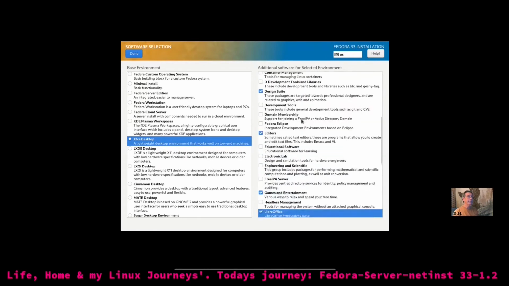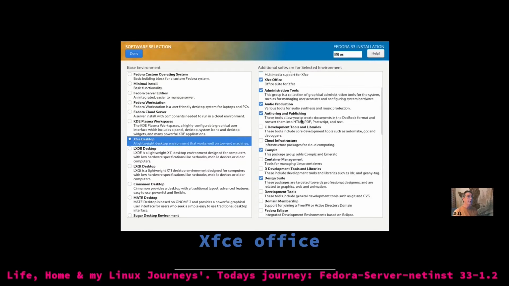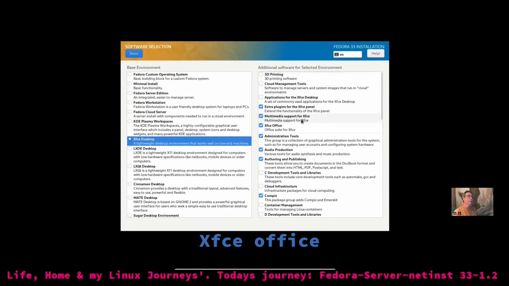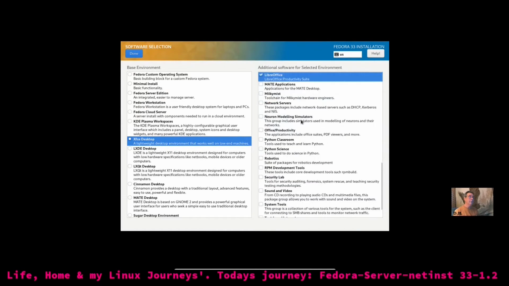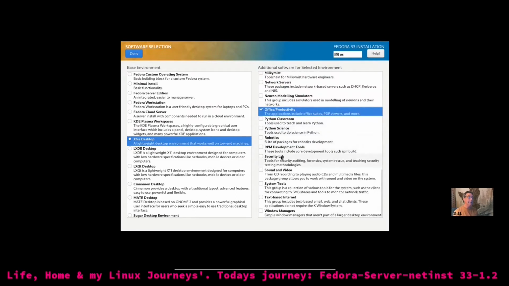Let's see. Oh, I guess not. All right. Mate applications. Milky Mist tool chain for Milky Mist hardware engineers, network servers, neuron modeling simulators, office productivity. This application includes suites, PDF viewers, and more. We need that. Python tools used to teach Python science, robotics,